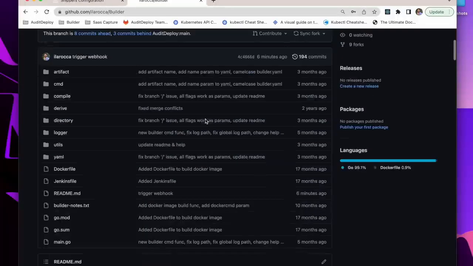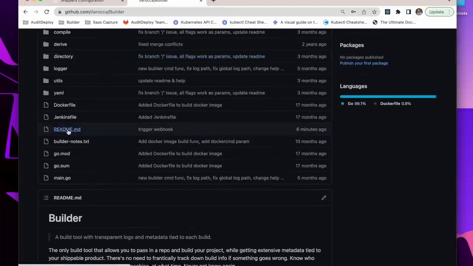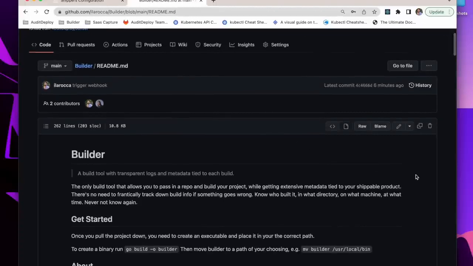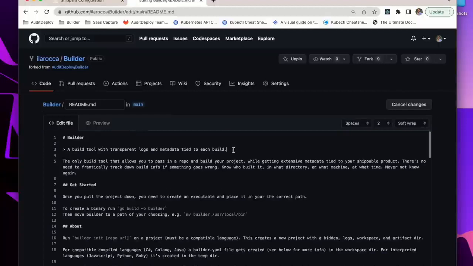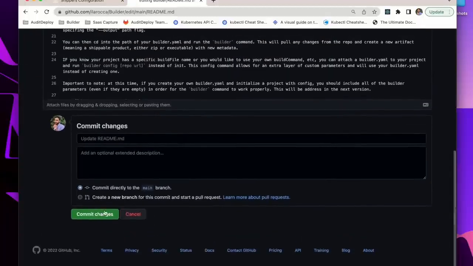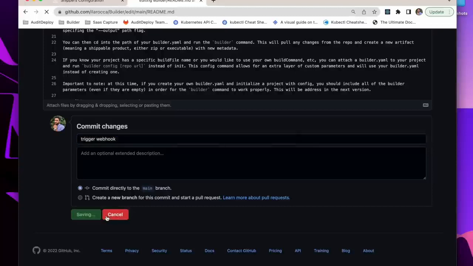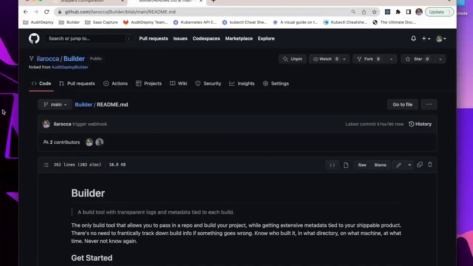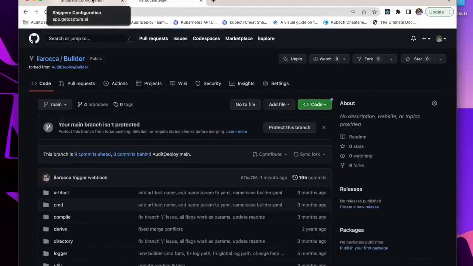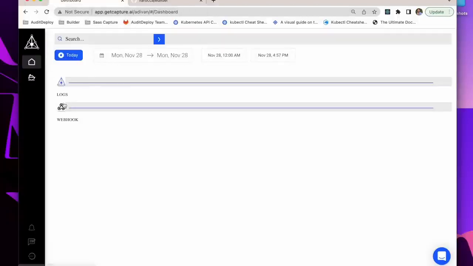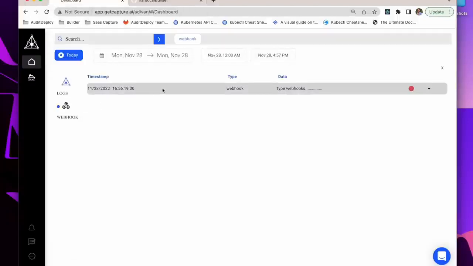And if I go to, let's just trigger an update through the README. We'll just edit this, add a space just to trigger it. Trigger webhook. Commit those changes. And now we'll go to our dashboard and we'll see the new module that's been added and